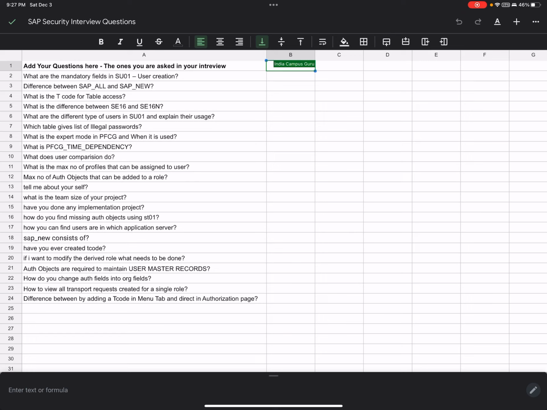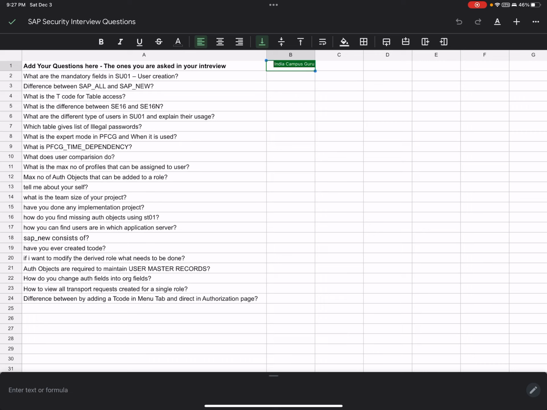The focus for us is to help you expand your knowledge so that you are able to crack your interviews and enter the SAP security space. If you are a fresher or a junior resource, this channel, at least at this stage, is not for experienced folks who have been doing this for 10 or 15 years, but more for freshers with 0 to 6 months, 1, 2, or 3 years of experience, where you're still learning.